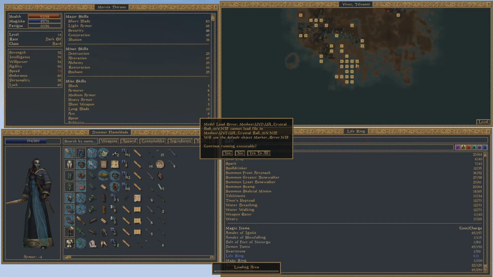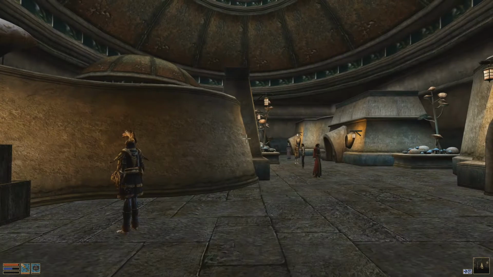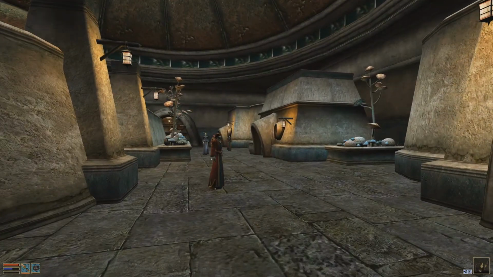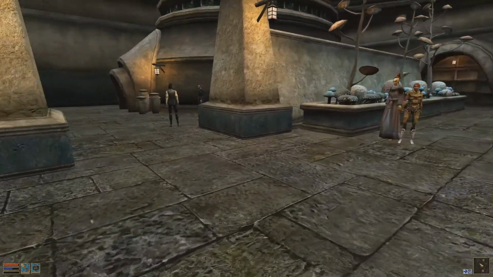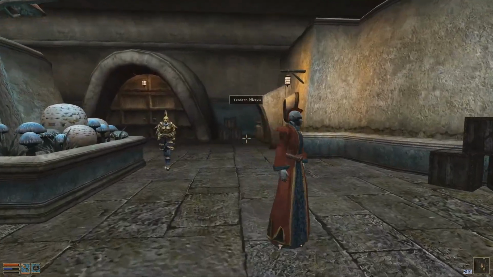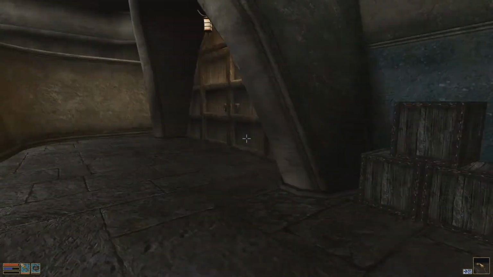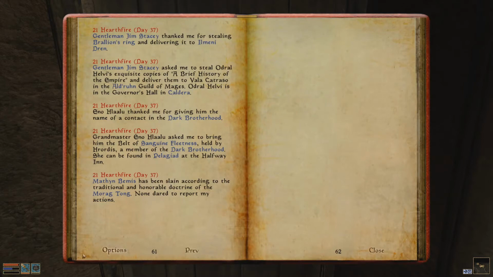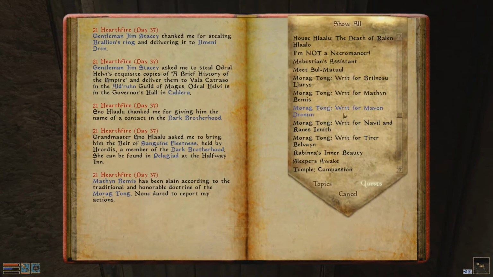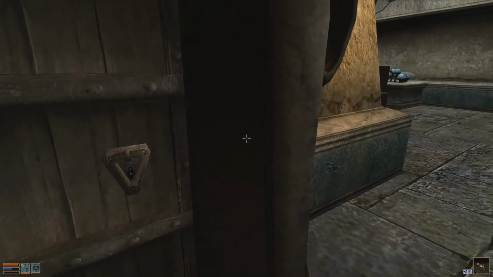Telvanni Plaza, and our typical error message about the crystal ball. At this point, that doesn't bother me. I know there's an error concerning the crystal ball around here, but I've never actually found the damn thing, so it doesn't bother me none. Let's see. Mavon Drennan is